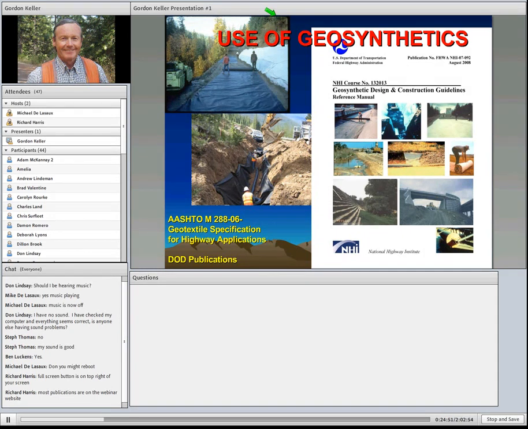In this one textbook over here, Geosynthetic Design and Construction Guidelines, the good news is that it's available from the Federal Highway Administration. This new version that I'm showing here, you have to pay for. There's an older version on their website, which is available and free and has essentially very similar information. It just hasn't been quite as updated. But like I say, it's readily available, and this is based on a week-long course on use of geosynthetics. So it's probably the best primer around as far as a lot of good useful information on all aspects of use of